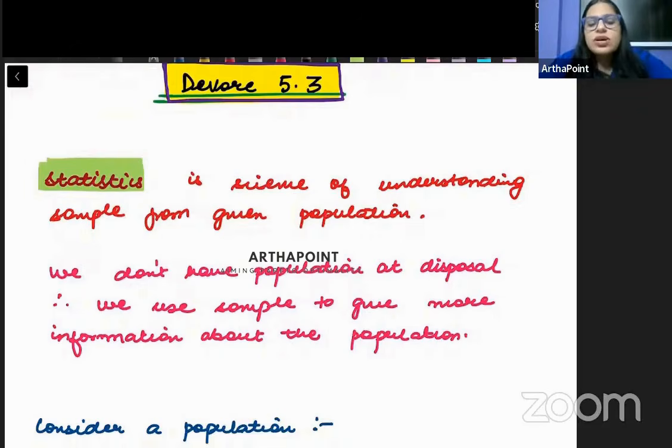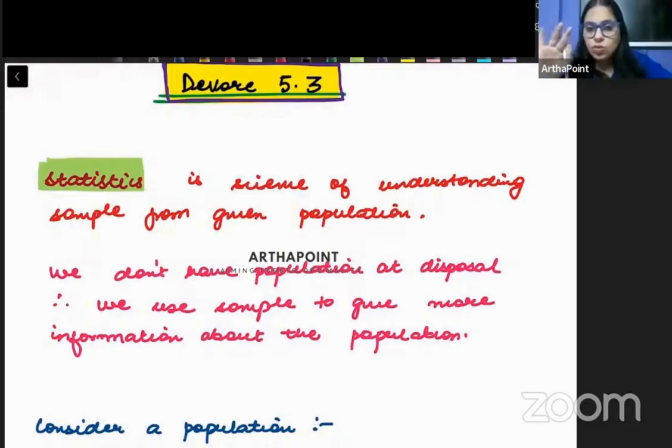So in order to understand how the students will perform based on the performance in the mock test, what will I do? I will collect the data of this sample, and from this sample I will try to understand how many marks each of these 30 children got. Based on that, I will establish a result that if these children got this many marks, then the whole population will get roughly this many marks, this is how the children will perform, right?